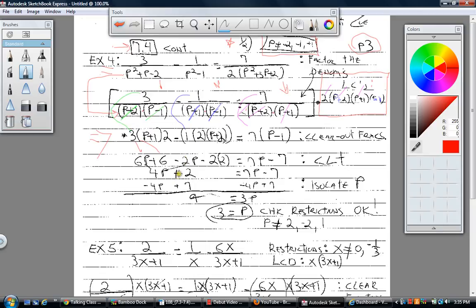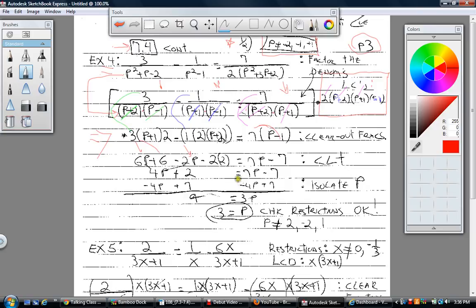Over here, you're taking negative 1 times 2 is a negative 2, so negative 2 times p is negative 2p. Negative 2 times a positive 2 will be a negative 4. Okay, here's 7p minus 7. I did the distributive property,